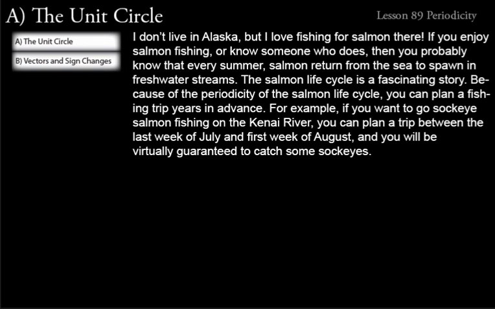Lesson 89 is on periodicity, and you should have looked over your rules and definitions for this lesson, so you know that means the quality of being periodic, a pattern that repeats itself. That's what we mean when we talk about periodicity. There's also a quote in your reading assignment from Alfred North Whitehead, who said that one of the first steps necessary to make mathematics a fit instrument for the investigation of nature is that it should be able to express the essential periodicity of things.